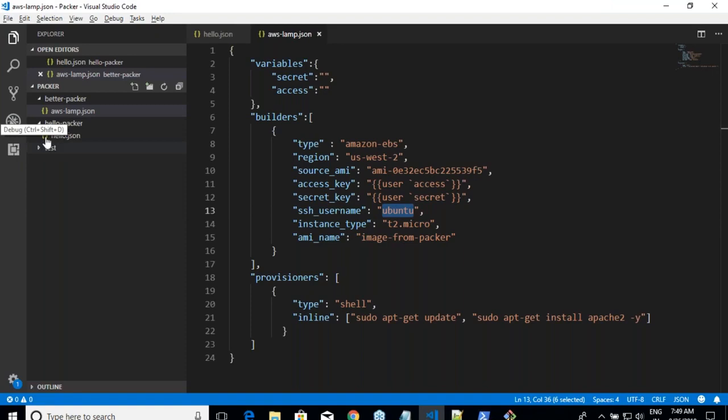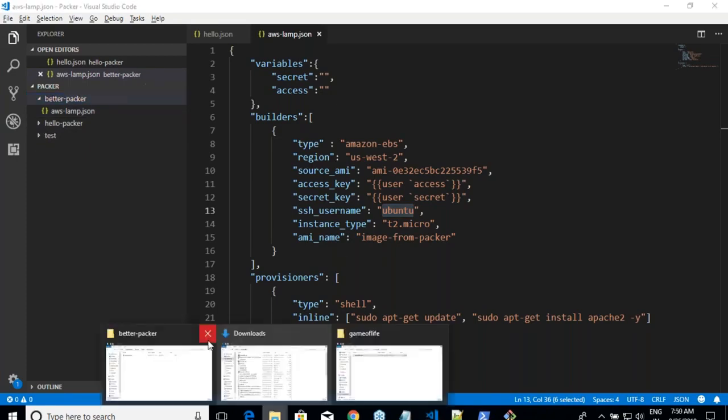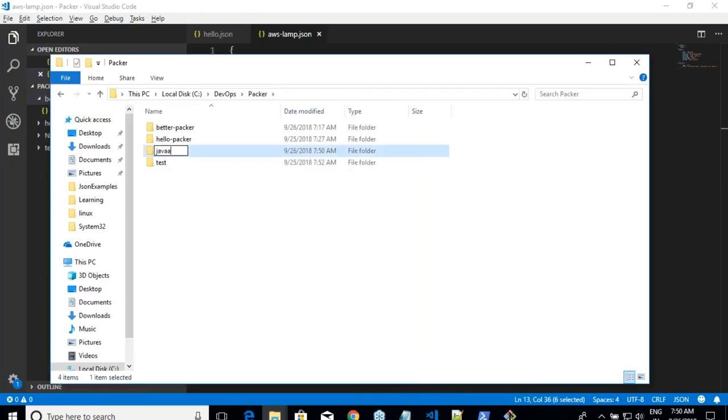I'm adding a new folder. I'm somehow not very good at adding folders in Visual Studio Code. So new folder, let me call it Java app. It could be any Java app, right? Tomorrow, you might be doing a specific version installation. Today I have done an ad hoc installation. I have taken Tomcat 7, but you might be asked to install Tomcat 8 and Tomcat 9 or whatever it is. For that we learn Ansible anyway. For that we learn Chef anyway.